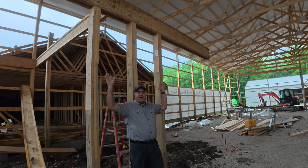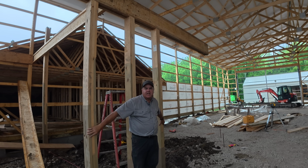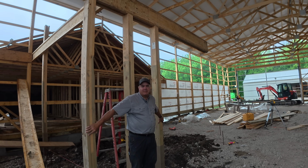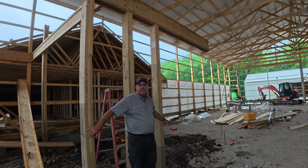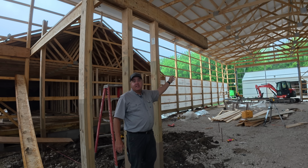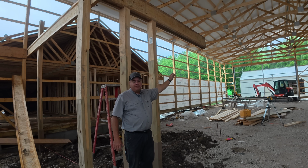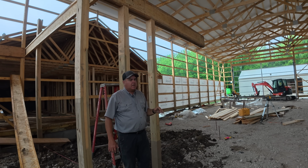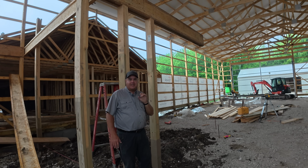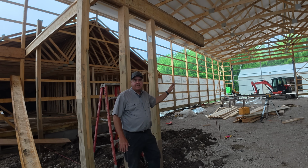So what you see right here behind me is 3 posts in the ground, very close, right? I mean, you would typically not see this many posts in this proximity, right? This is supposed to be about 5 foot. And then you'll notice there's no end post. Yeah, we go down to the end and that triple LVL up there just goes to nowhere. That's the plan. And we did have an engineer approve this, so before you start commenting, that won't work. It is PE approved. The idea is to have this cantilever here